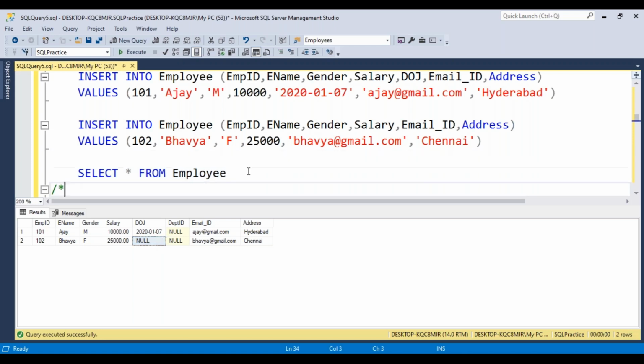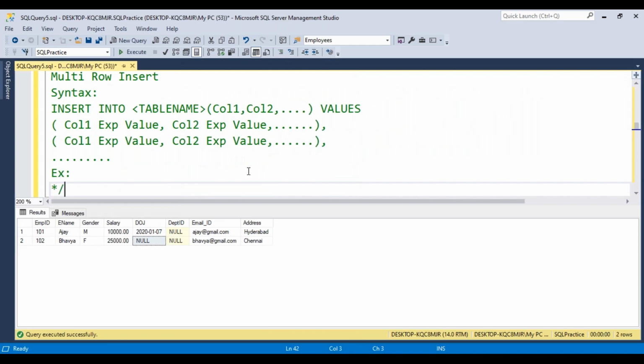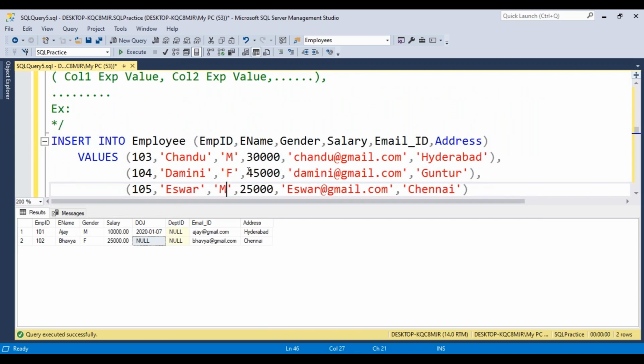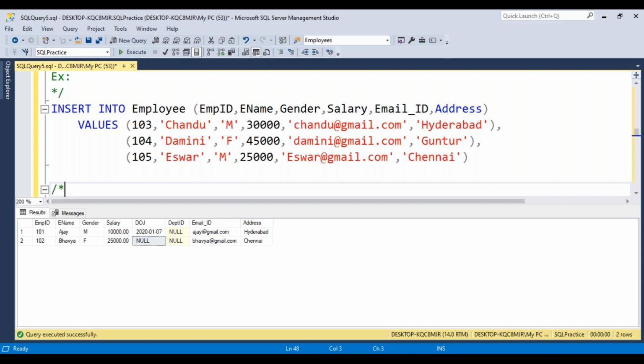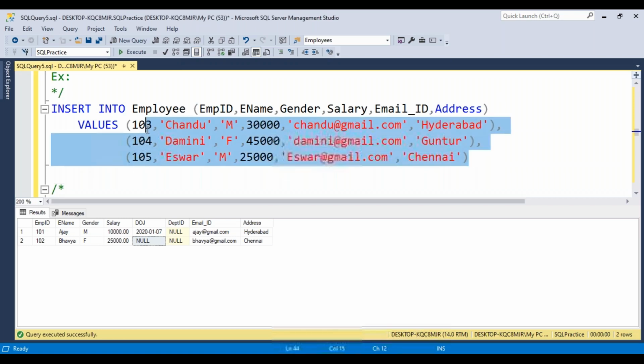So next, how can we insert multiple values at a time? You can observe in this insert statement: insert into table name, then what are the column names you want to insert data into? That data we can provide as comma separated values. Insert into table name, your column names, then values. The values for the column names we have provided in the list after the table name will be processed, separated by the comma delimiter.